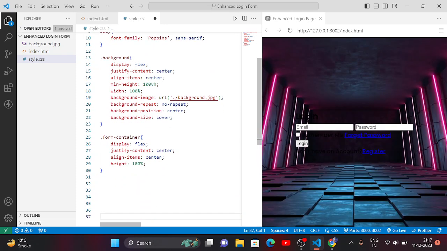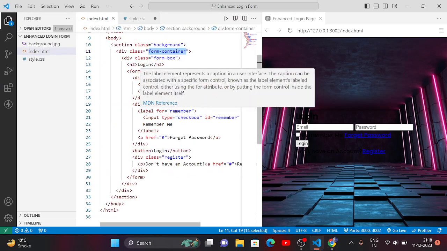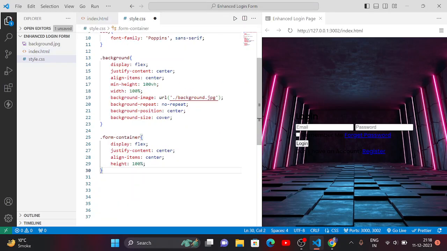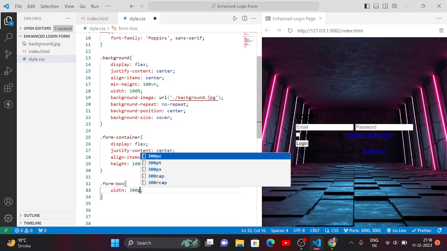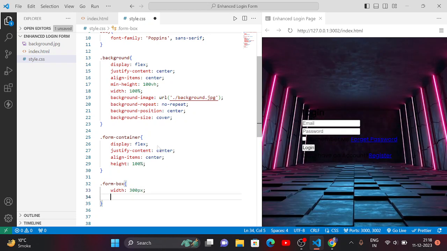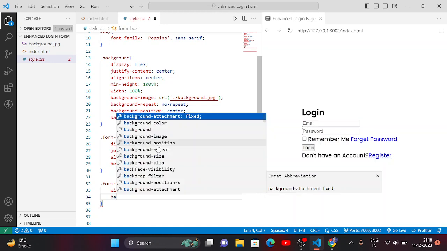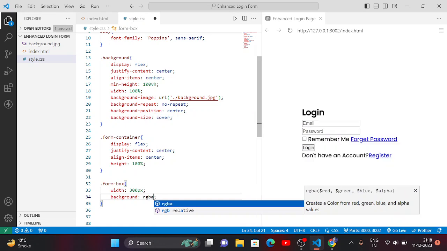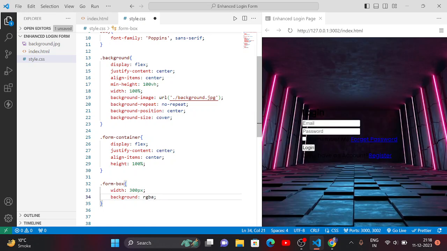Okay, so form container is almost done. Then what is the next thing that we want to see? Form box also we want to style it, so let's style it. Form box. Okay, then first of all width we want, say 300 pixels. Then we want to have a background color of, we'll have to change it so that it will